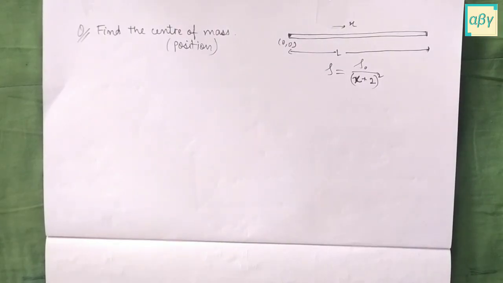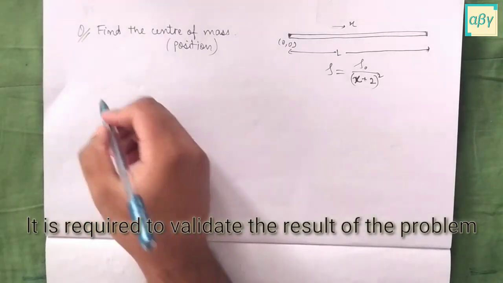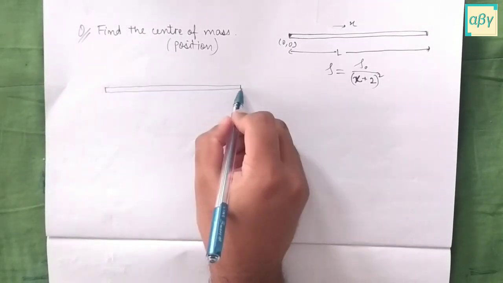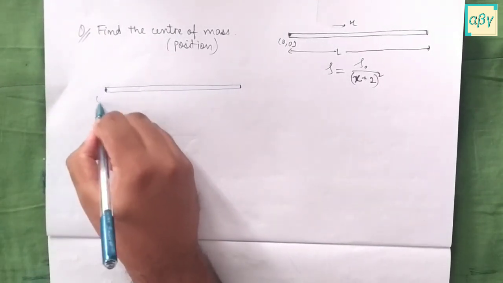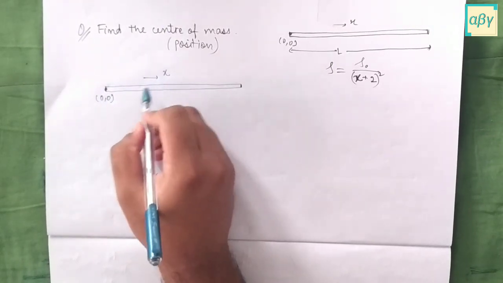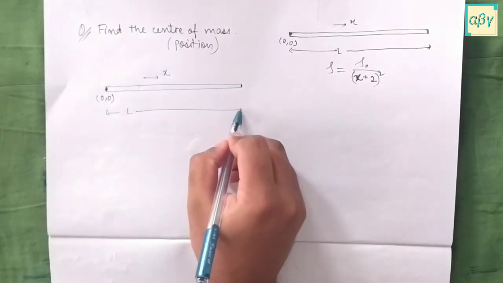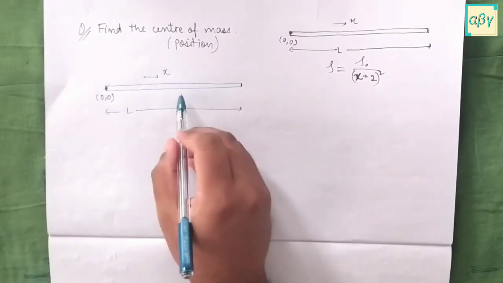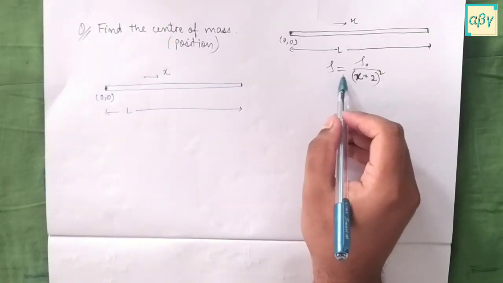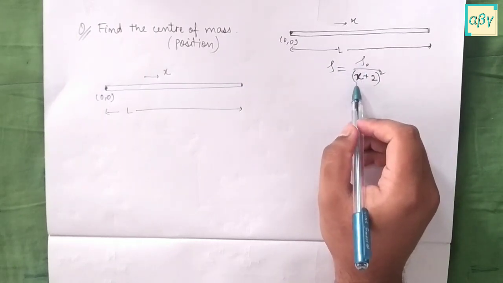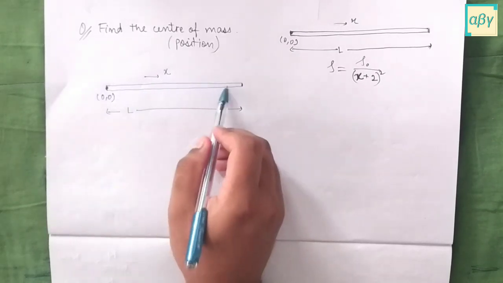So now let me approach this problem. Before I do this problem, let me apply some common sense. So this was the rod. This is the origin from where the x has to be measured. X is to be measured as we move from left to right, and this is the total length of the rod. Now here the density of the rod varies as we move from left to right by the following equation: rho = rho_0 / (x + 2)^2, where rho_0 is a constant and x is to be measured as we move from left to right.